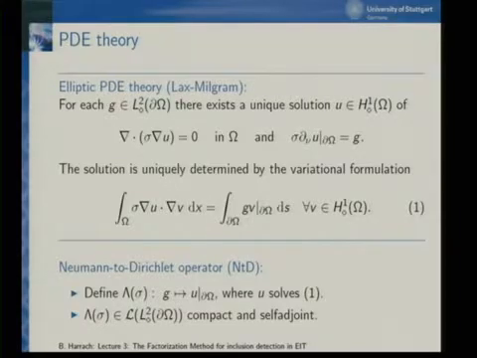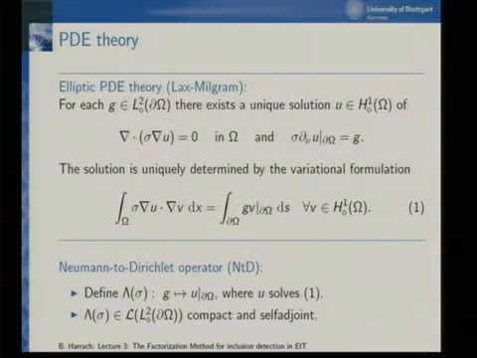quite a lot. And also this operator then has a very nice structure, because it's easily seen that this is a self-adjoint operator. That comes from the fact that in the Lax-Milgram theory, the bilinear form is symmetric, so the equation is symmetric, which makes this Neumann to Dirichlet operator self-adjoint. And it's also a compact operator, because we have the mapping from L2 to H up to the minus 1 half, or from H minus 1 half to L2, which is compact. So the Neumann to Dirichlet operator into the H minus half spaces is continuous, and together with this compact inclusion, this is then a compact operator. So this Neumann to Dirichlet operator as a mapping from L2 to L2